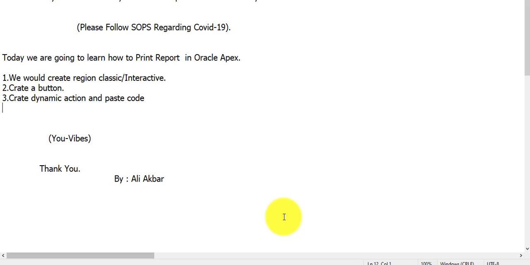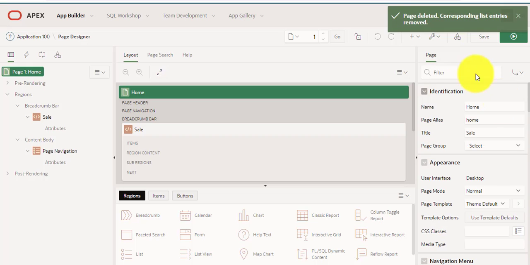We are going to learn how to print a report in Oracle APEX. First of all, we would create a region type, maybe a classic, maybe an interactive. Then we would create a button. Then we would assign a dynamic action on that button and paste a JavaScript code. So let's start. We would create a page,